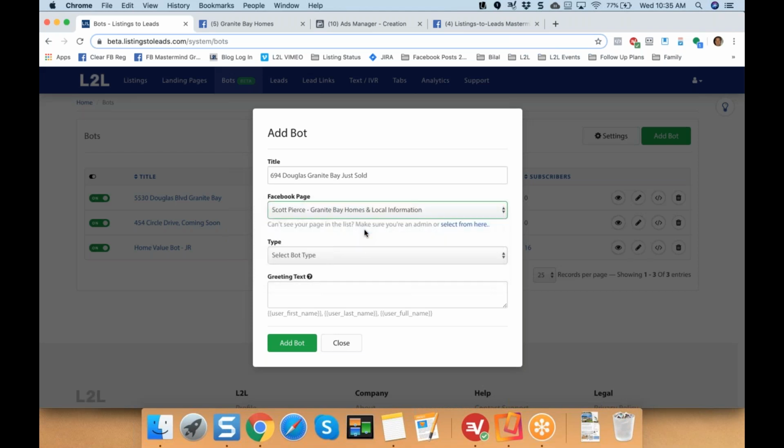I'm gonna use my Granite Bay Homes local information. And somebody was telling me using a page like this can be really good with Messenger, when you're talking to people. Let's say later on when we had broadcast, and you jump in there and start talking to people, it's kind of nice to have a Facebook page that has a name, you know, something like this,